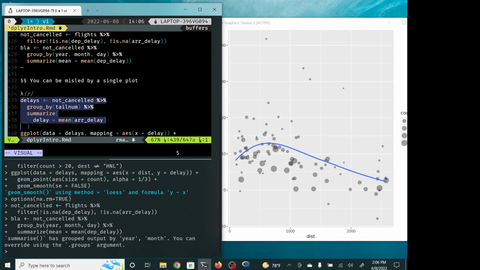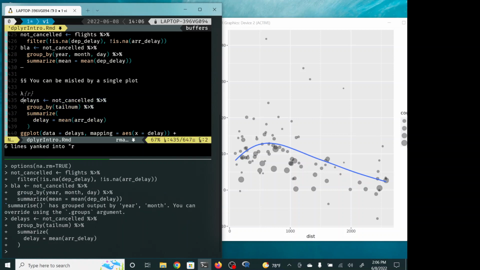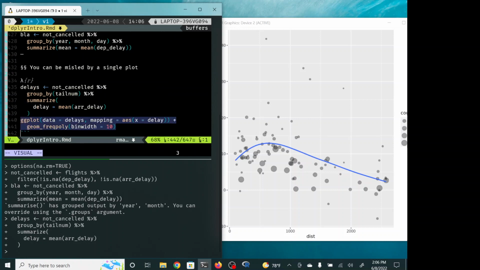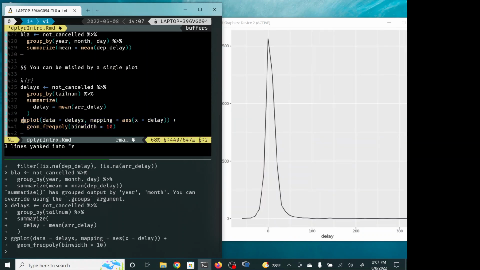This is similar to that, to make a delays table. So I'm grouping them, in this case, by tail number. So this is grouping the individual planes and getting the mean arrival delay for those planes. And then I'm going to make a plot of that. So this is the amount of the delay, and this is the number of times the plane has flown, I think. Yeah, the number of flights for the plane and its average